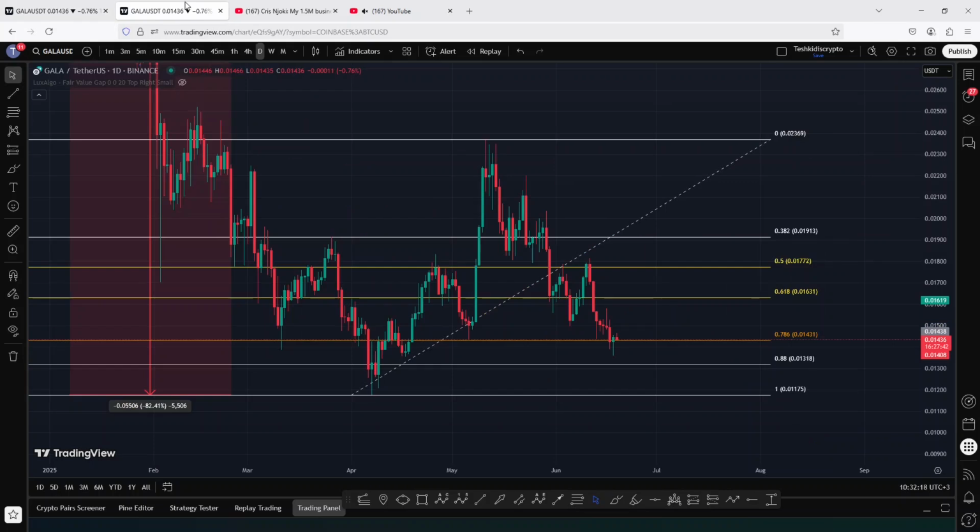And starting the video here on the daily chart, from the lows we made on the 7th of April, you can see that we saw this aggressive bounce over here, making that significant high. Then we started a pullback to the downside, and in this pullback over here, I have been expecting to see Gala Games holding within Fibonacci key areas of support, and the Fibonacci key area of support was given by connecting the Fibonacci's from the lows we made down here to the highs,